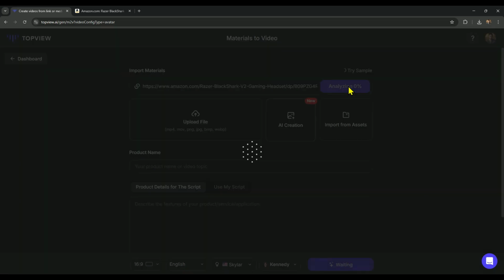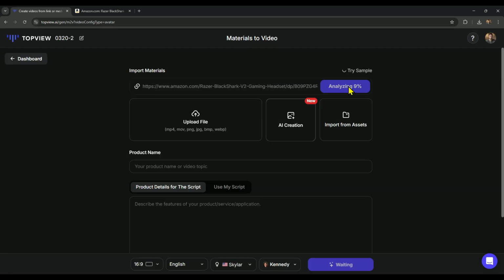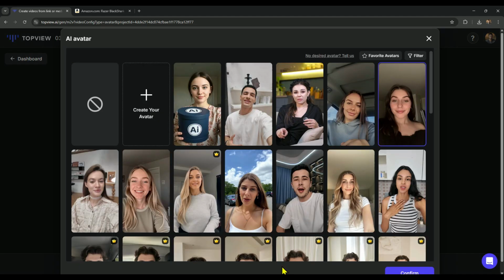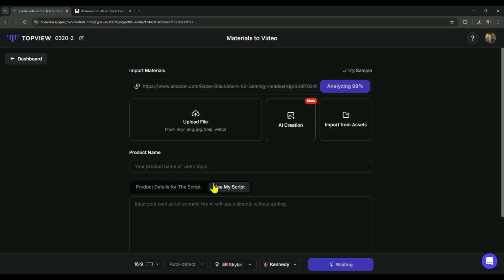Then, click on Import from Link, and AI will start analyzing the product. Once it's done, all the related images and videos will appear on the screen. Before generating the final video, you can adjust the video orientation, select a different language, change the voice, or even clone your own voice. You can also switch the avatar model or write and use your own script if you